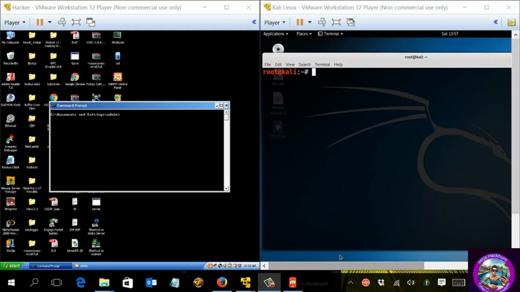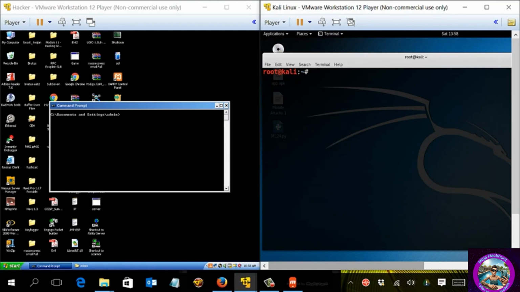Now let's see how to use Netcat to transfer files between different devices. One more time, those may seem like simple tasks, but we're going to see how to utilize them while we are doing any kind of attacks. To be able to do that, we need to go here to my Linux machine and type nc,